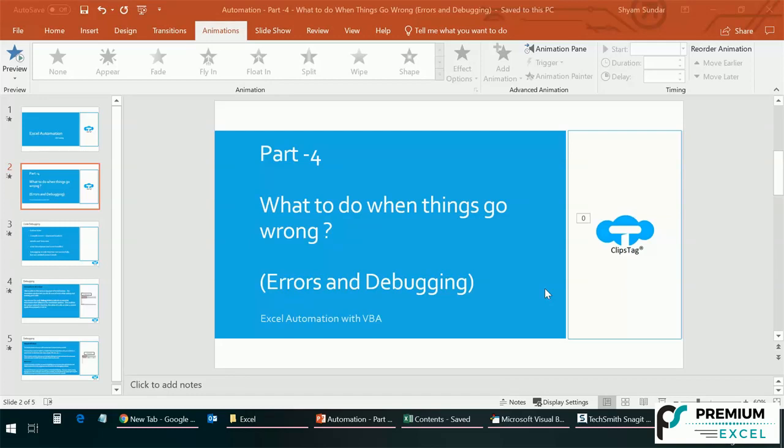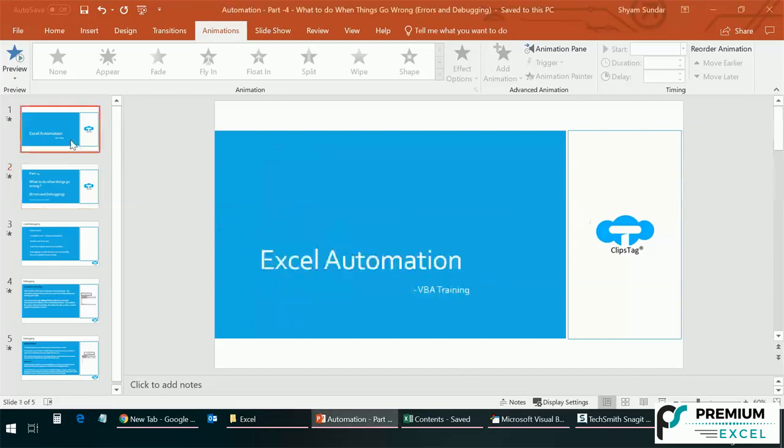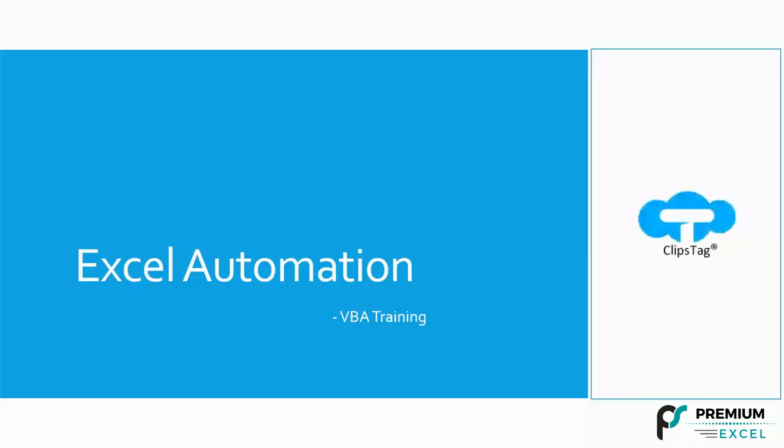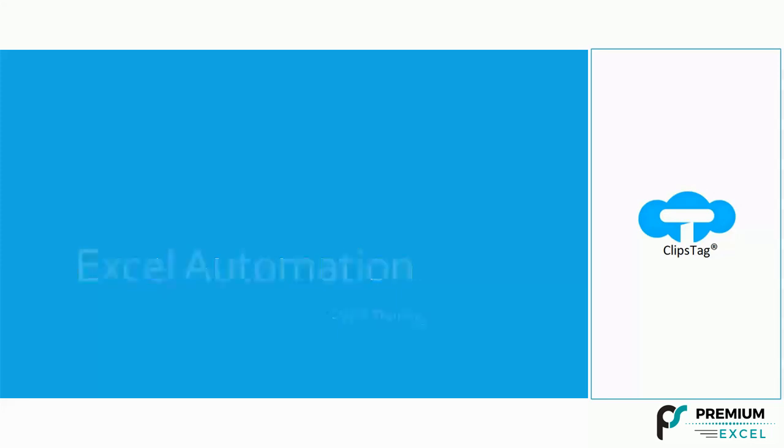In part 3 we were discussing how to write the first macro, with lots of examples for you to understand everything. Today we will again look at further examples, and at errors and debugging. The first thing we'll look at is